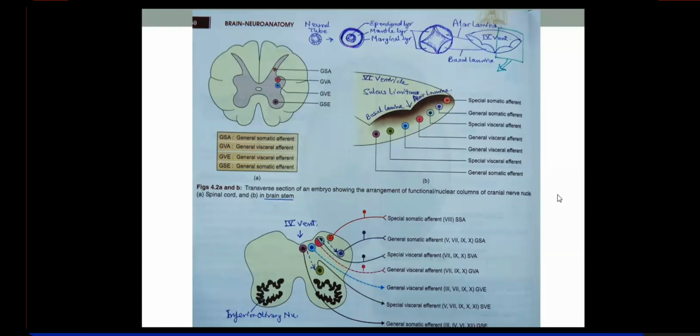Dorsal column decussation. The internal arcuate fibers, the second order neurons from the dorsal, यहाँ पे जो nucleus gracilis, nucleus cuneatus होता है, उससे जो second order neurons होते हैं, they wind anterior to the central canal, right? So that's called the internal arcuate tract or internal arcuate fibers. So sensory decussation is found in the middle of medulla, and in the lower portion of medulla, what you will find is pyramidal decussation. Got it? Good.